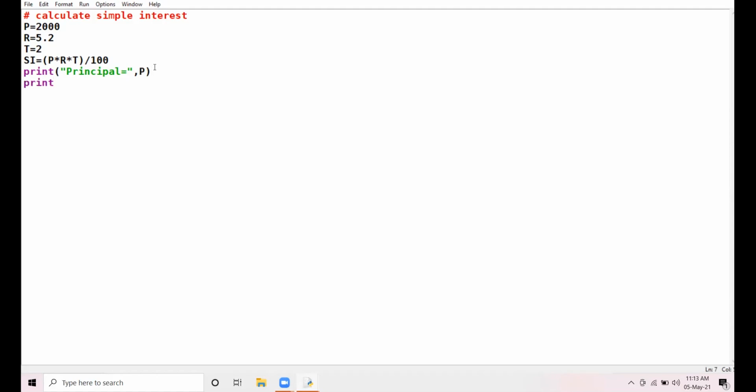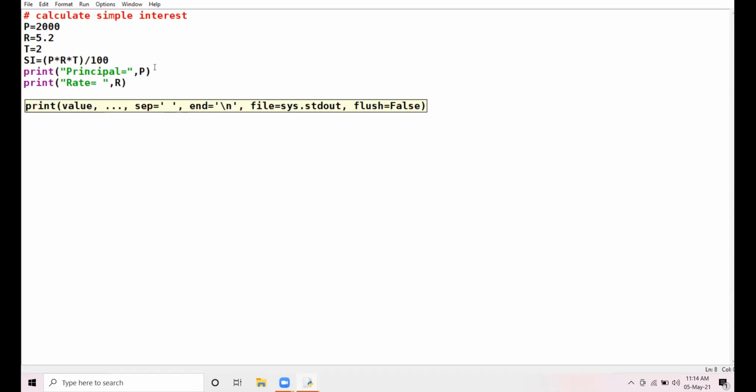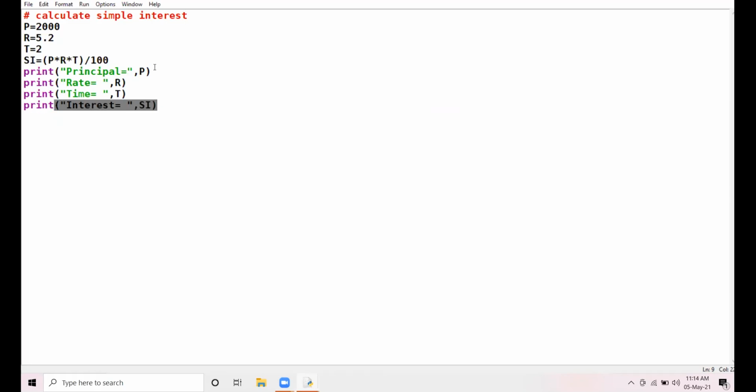Then print rate equal to R. Then print time equal to T. Then print interest equal to SI. Clear? So this is your program to calculate simple interest.